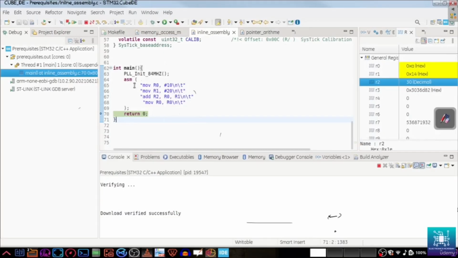So we wrote a complete inline assembly code where we assigned two values to R0 and R1 and then added those two registers, put that value into R2. This statement doesn't do much. Now